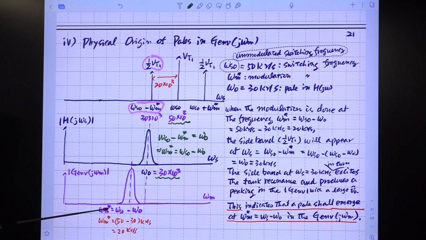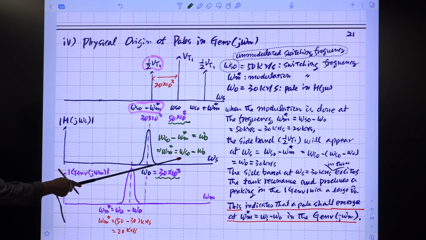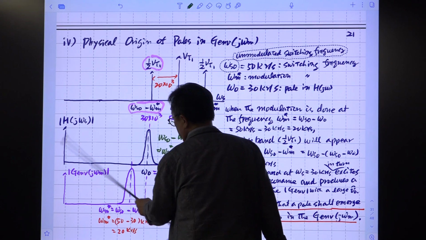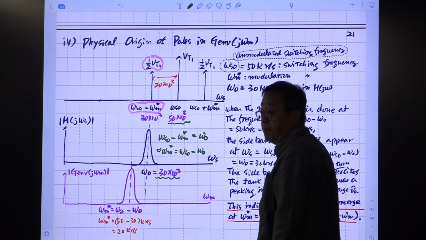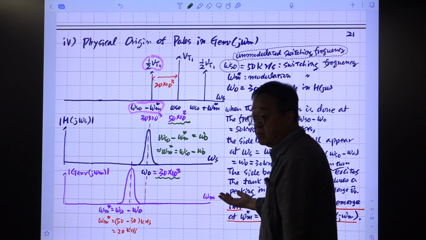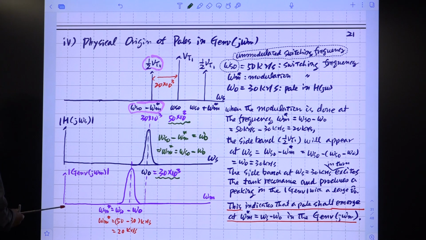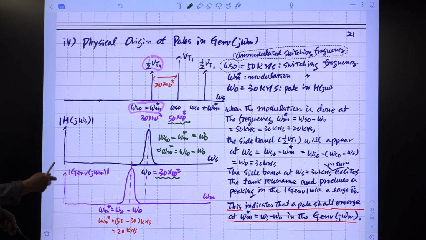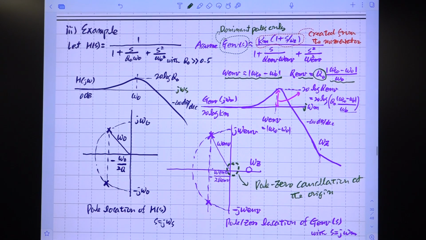So at this frequency, the omega m is the difference between this one. So this one was 50, and this one is 30. So at this 20 kilo radian per sec, we should have this pole in this transfer function at the omega m dimension, omega m axis. Okay? So you do this, right? I wrote down this. Same idea, okay? Because this phenomenon, this omega s minus omega naught, should be this pole frequency in the omega m domain, okay? So we have this, and we have the same conclusion about this here.